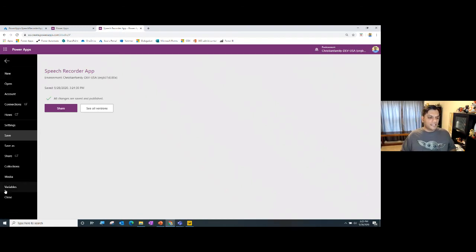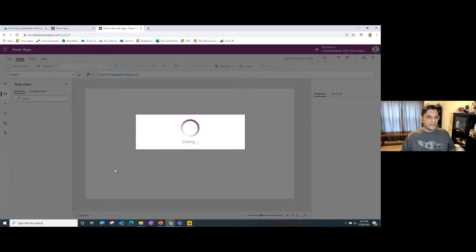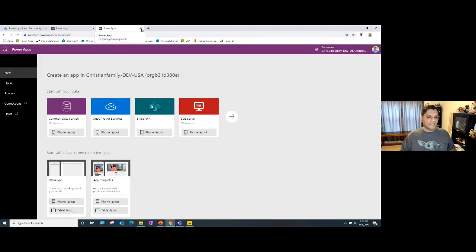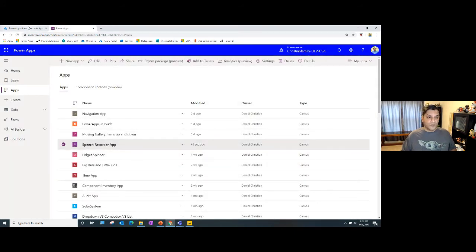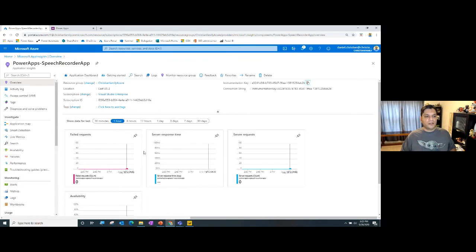All right, so I've gone ahead and saved it. I've gone ahead and closed it. And now one of the things that the documentation for Azure Insights says is that it can take up to an hour for the data to start showing over here. So it can take up to an hour. Now, it is true that I've seen things take up to 30 minutes, but I've also seen data coming in as quickly as 15 minutes. All right, so it's important that you keep that in mind.